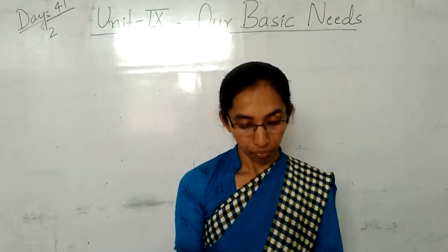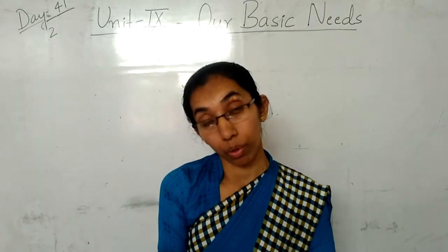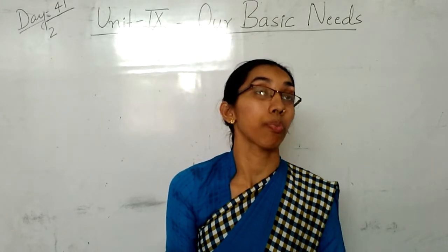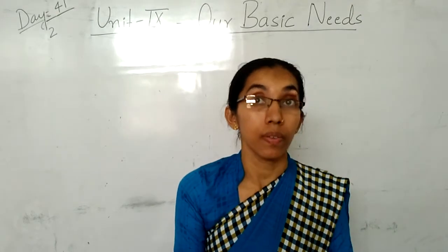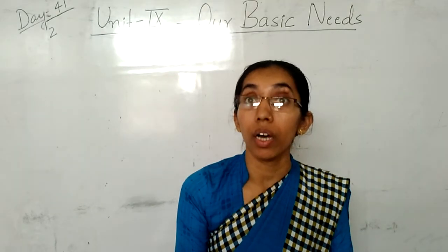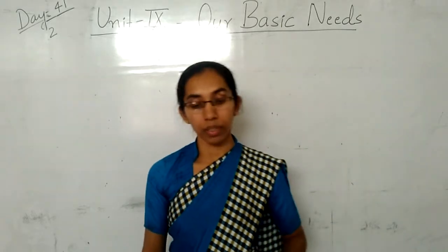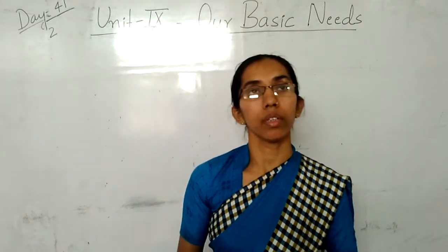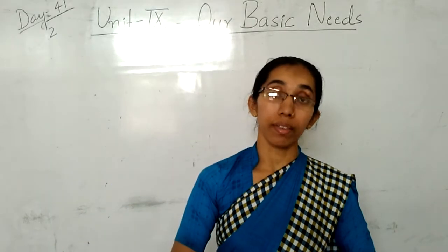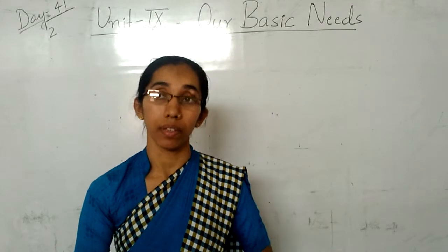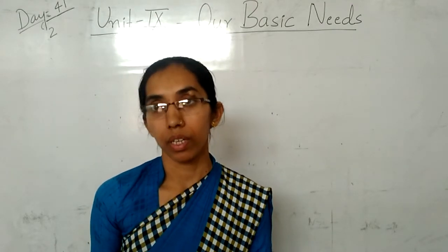Okay children? So next our basic need is cloth. Cloth is very important to cover our body, to protect us from insects, to protect us from the heat, cold and winter. Yeah, children? So these are some important basic needs. Clear? Now what are the exercises I have given in these lessons? Let me recall all those things one more time. Clear children?